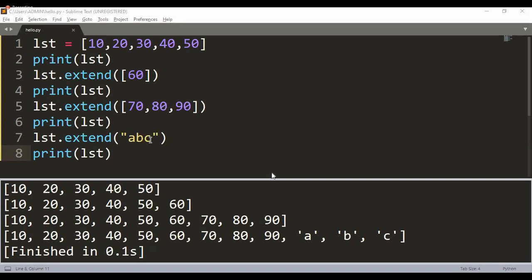each of the characters of the string are going to be considered as individual elements. This is also important that you should be knowing, because usually in the very first round, the technical aptitude round, you will usually see string values being inserted into the list using extend. You should not consider it as a single entity. In fact, it is going to be considered as three different entities in this case, since the length of the string happens to be 3. Each of these characters will be considered as an individual entity.